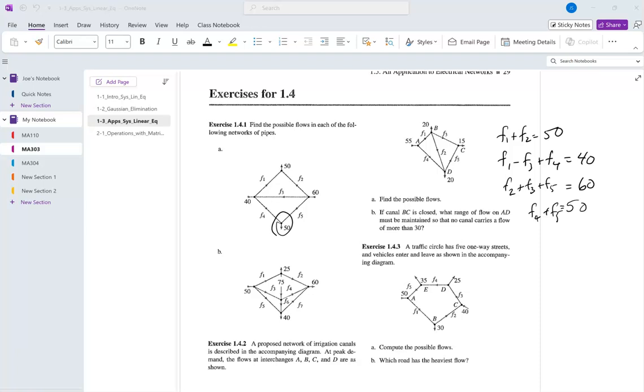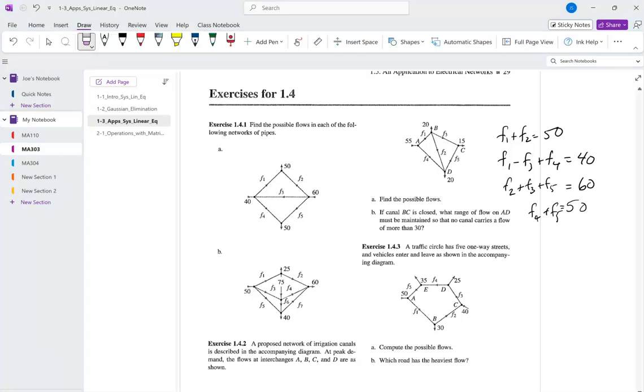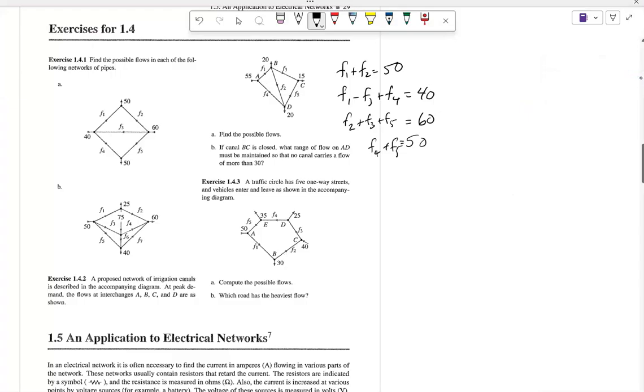Let's finish up the problem we talked about last time, kind of do the interpretation of what's going on, and we'll do a couple more applications. One will be for circuits, and one will be for chemical equations. All right, so we set up this set of equations with the traffic flow here, or whatever, flow, pipes, traffic,